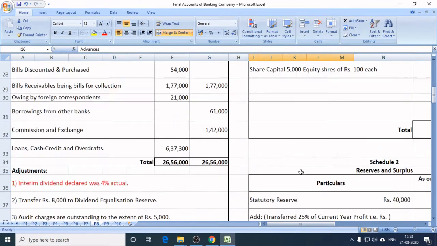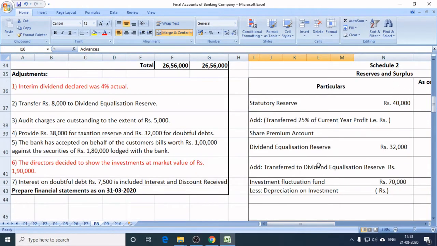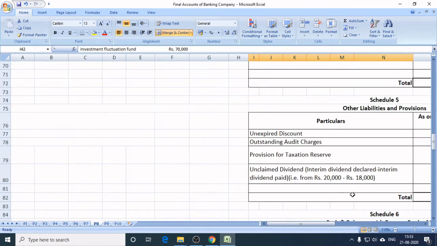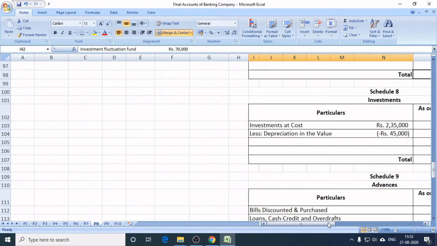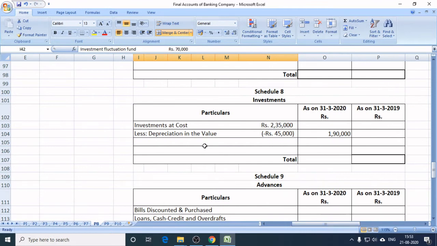Now schedule number 2, reserve and surplus, investment fluctuation fund, 70,000 rupees. Now let me tell you the other effect of depreciated value in investment. अभी अभी मैंने आपको बताया कि इन्वेस्टमेंट फ्लक्चुएशन फंड को क्रिएट किया जाता है बुक्स ऑफ अकाउंट्स में। क्यों किया जाता है? क्योंकि जो भी इन्वेस्टमेंट के वैल्यू में जो भी एप्रिसिएशन होता है या फिर जो भी डेप्रिसिएशन होता है वाइल रिवैल्यूइंग इट अगेन, तो वो एप्रिसिएशन और डेप्रिसिएशन हमें एडजस्ट करना है अगेंस्ट इन्वेस्टमेंट फ्लक्चुएशन फंड। एक्चुअली वो एक एडजस्टमेंट अकाउंट ही है जो कि एडजस्ट करता है